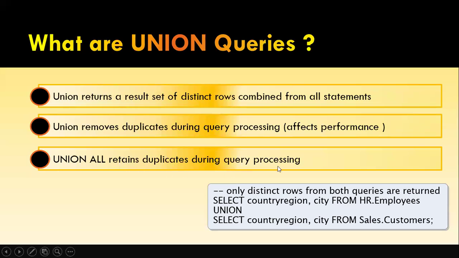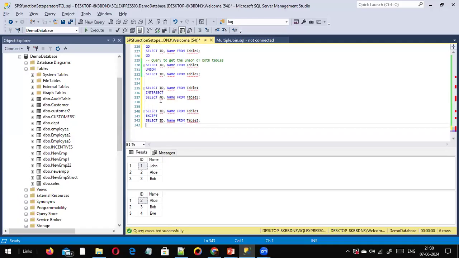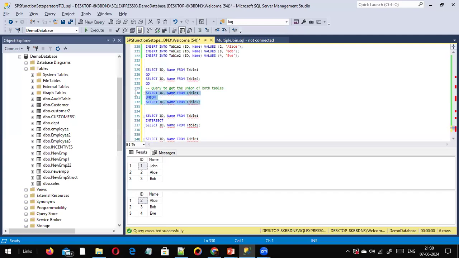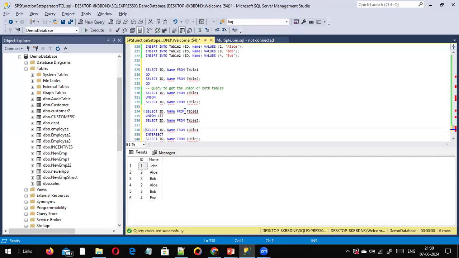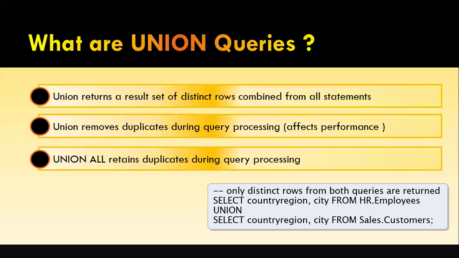We have something else called union all. I don't know whether it is available here. It should be there, yeah. Okay, it doesn't remove the duplicate records, whereas union is the one that removes the duplicate